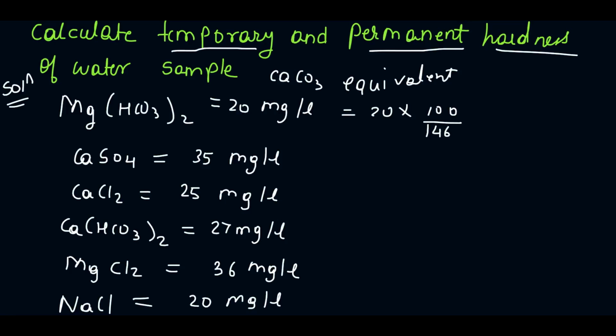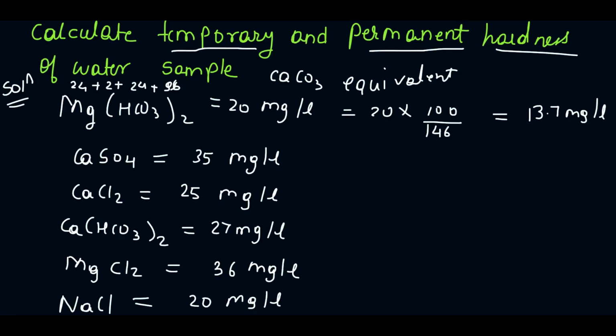This 100 is the molar mass of CaCO3 and this 146 is the molar mass of Mg(HCO3)2, like this: 24 plus 2 plus 24 plus 96. 24 is of Mg, 2 for the hydrogen, 24 for the carbon, and this O3 into this 2, that is O6, that is 96. So we have to calculate this. This is around 13.7